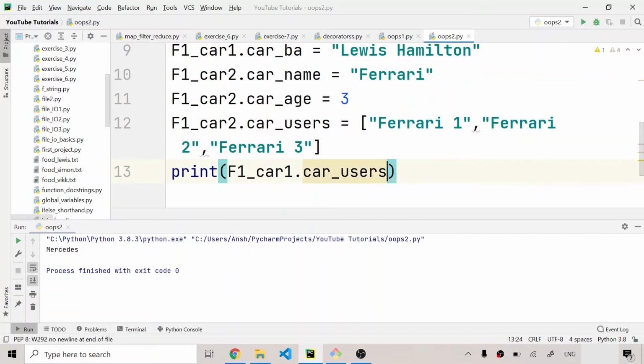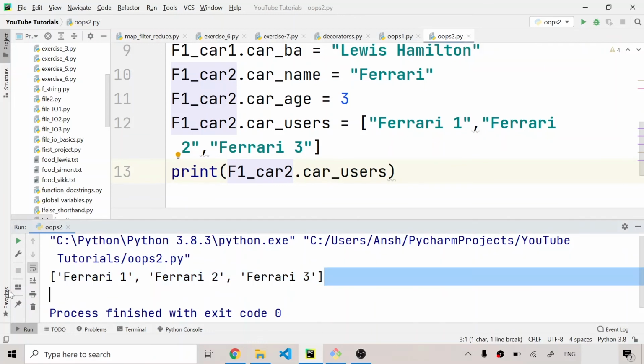So I can even print the car users and I can access it. So after this, if I write car users, and as you can see guys, we had defined it for car 2, we hadn't defined it for the object car 1. So I'll have to write 2 right here, and after I run this program, as you can see, it has